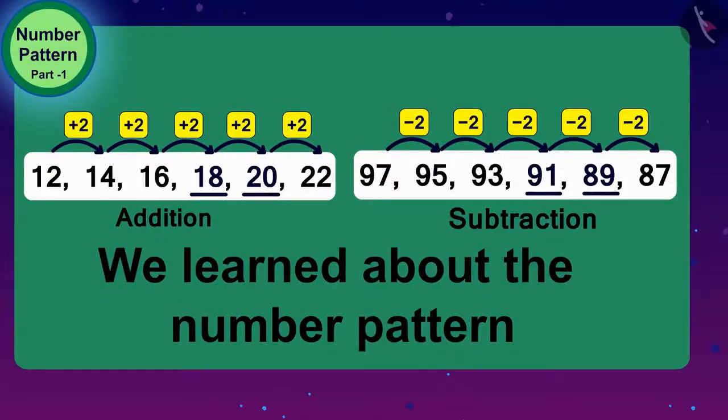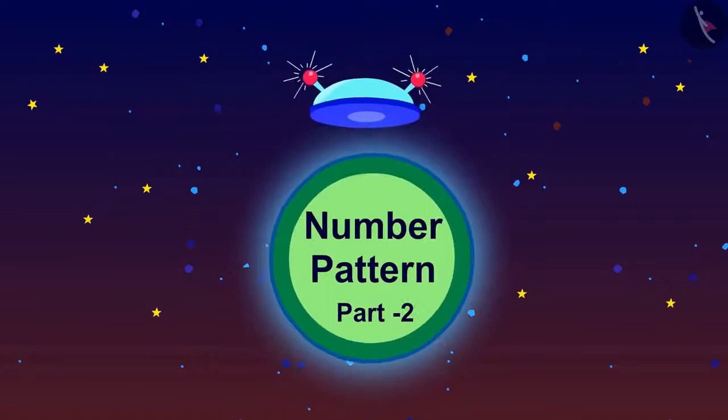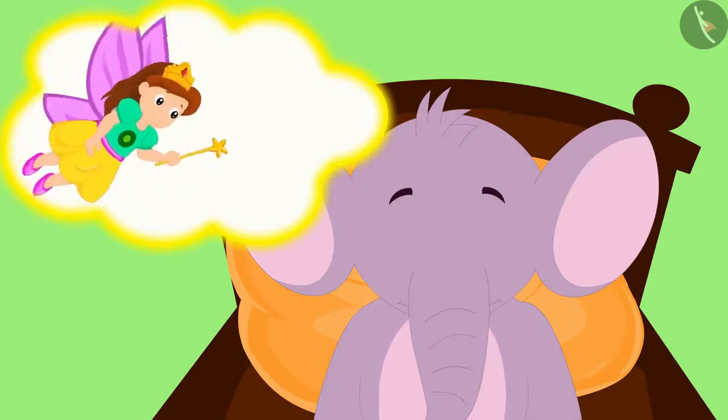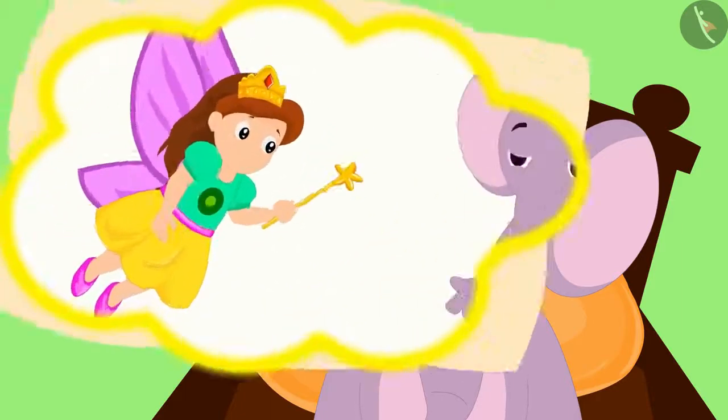In the previous video, we learned about the number pattern. In this video, we will learn about some more unique number patterns. One day, Appu was fast asleep. In his dream came an angel. The angel said to Appu,